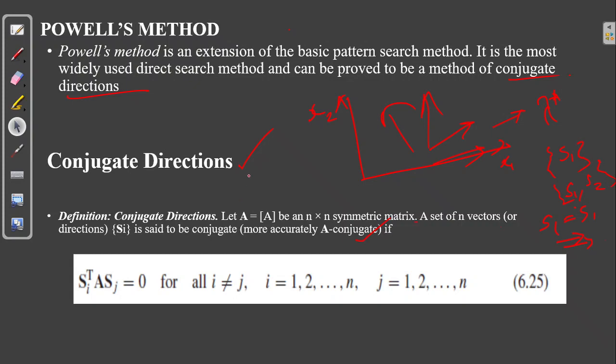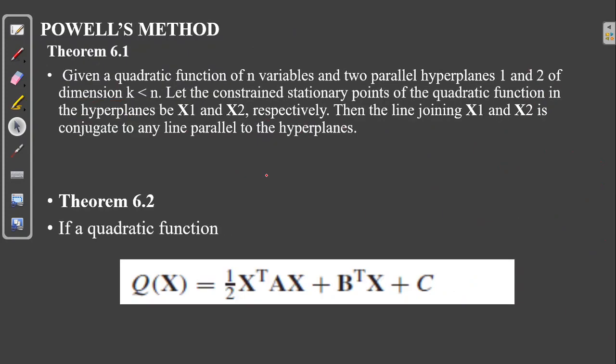That means the search is going on in the conjugate direction in one way or the other, in one iteration or in another iteration. That is why we have defined the conjugate directions. Now we will